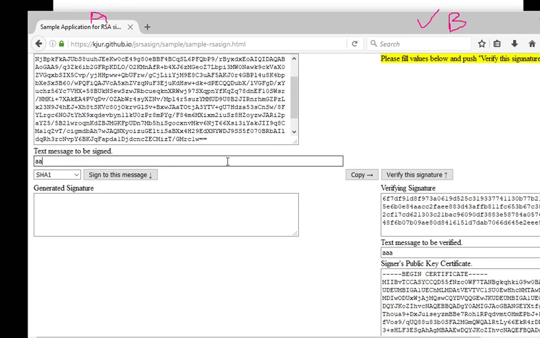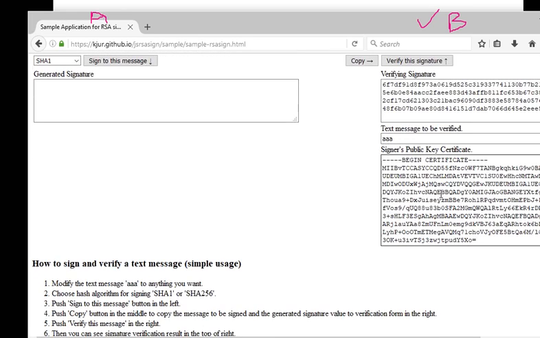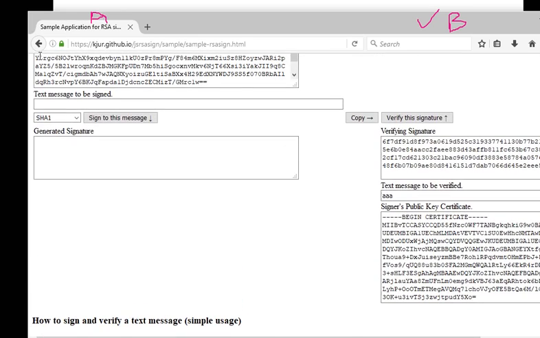Here I am going to type some message that I want to digitally sign. So first you understand, this is the private key and this one is the public key.